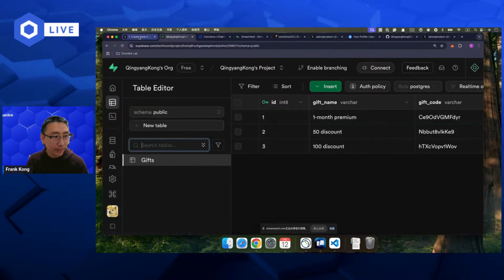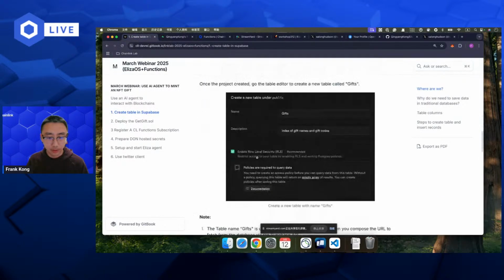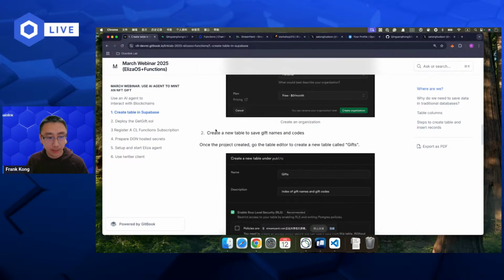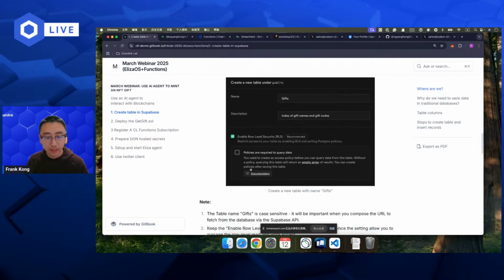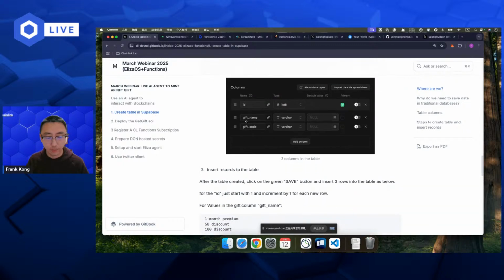Okay, that is the process to create an organization and then a new table. After creating the table, you need to create 3 columns, actually 2, because the first one is created automatically by Supabase. For the rest, you need a gift name and a gift code.